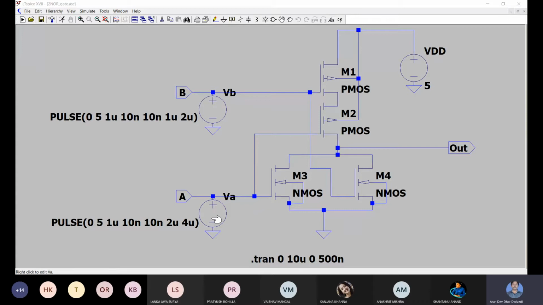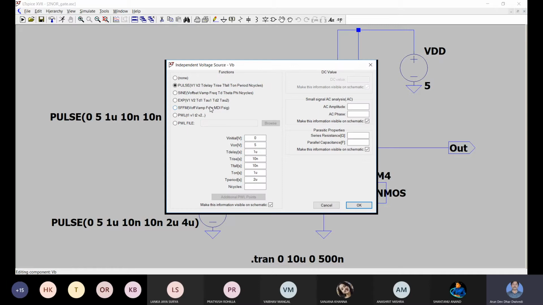For providing the input VA at port A, we have taken one voltage source. For providing input at port B, another voltage source is taken. For the voltage source, by default it was asking for a DC value, but we have chosen advanced setting and then pulse.